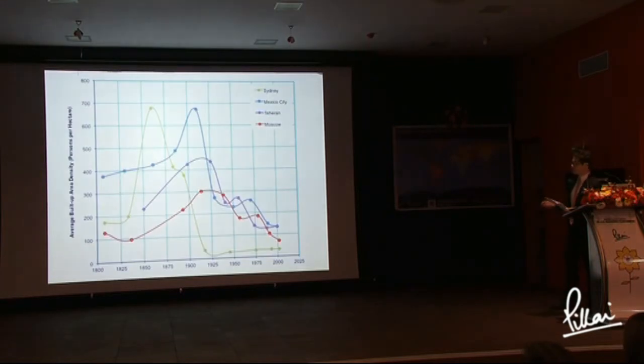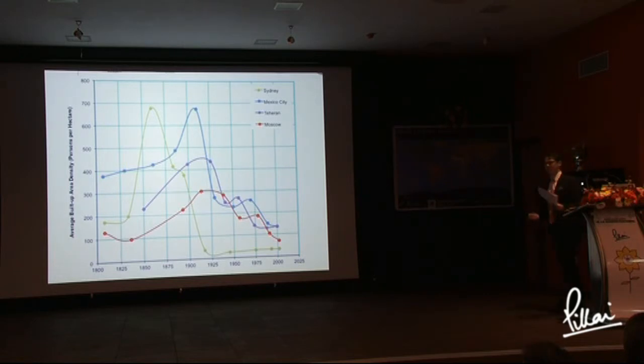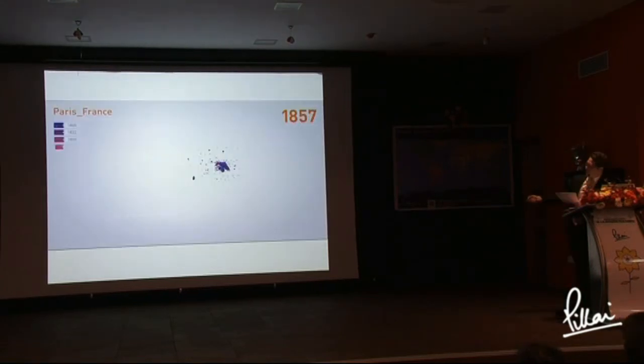So we learned that in general, these show the density curves for 4 cities from 1800 to 2025. What we learned is that in general, population densities rose in the 19th century and fell in the 20th century as transportation became more available. They now appear to have leveled out in our 30-city sample. However, the 30-city sample is biased toward large global cities because in order to use historical maps as a basis of a study, there have to be maps to take from. And here you see the growth in Paris.